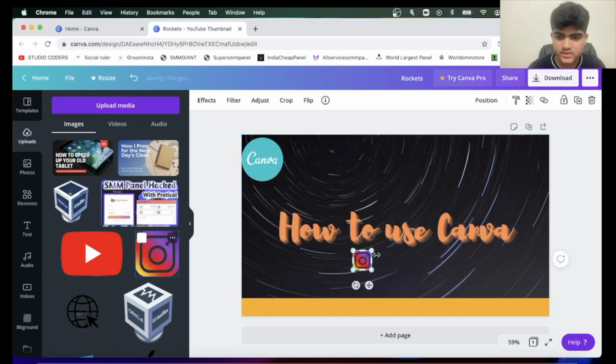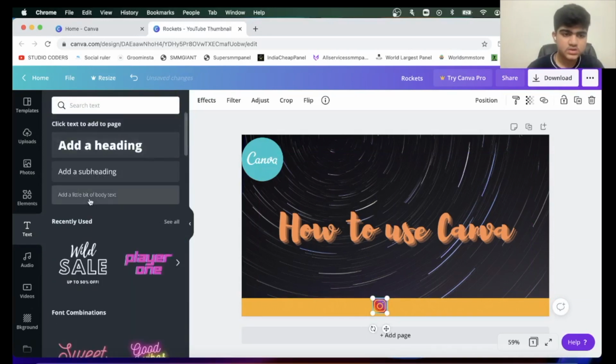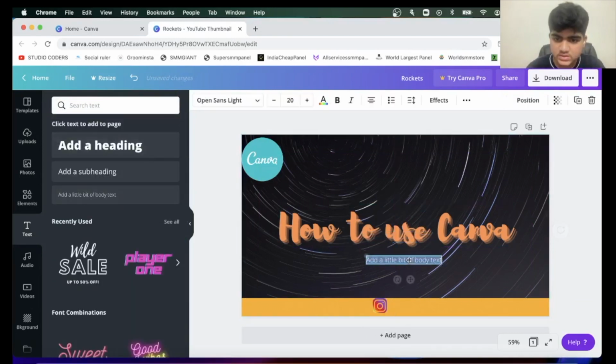We can put our username there. I have used this. Then we will go to text and choose the little body text. You just drop it here and we can edit it. If you haven't followed me on Instagram, do follow. The username is Studio Coders.